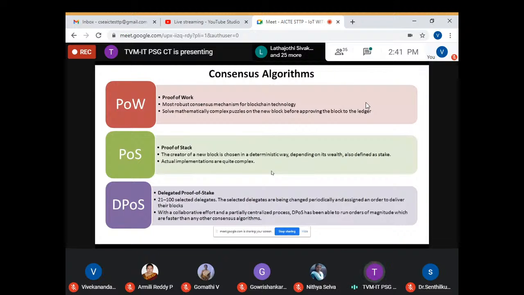Okay, so the next one is proof of stake. Proof of stake is a substitute approach to proof of work, which requires less CPU computation for mining. Though this is also an algorithm, the purpose is the same as proof of work, but the process is quite different. In proof of work, a miner is rewarded for solving a mathematical problem and creating a new block. Whereas in proof of stake,